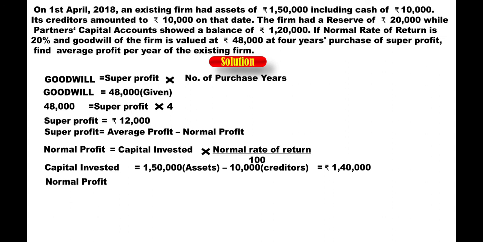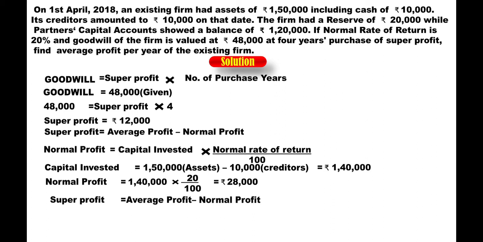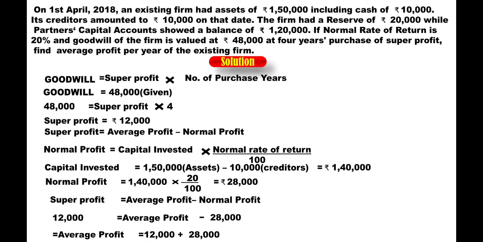Now the normal profit is 20% of the capital invested, that is 28,000. Now the super profit is average profit minus normal profit. Super profit we have calculated, that was 12,000. Average profit we need to find out, minus normal profit we have already calculated. So by shifting the figure from the left hand side to the right hand side, we can get the answer of the average profit very easily. That is the average profit: 12,000 plus 28,000 equals